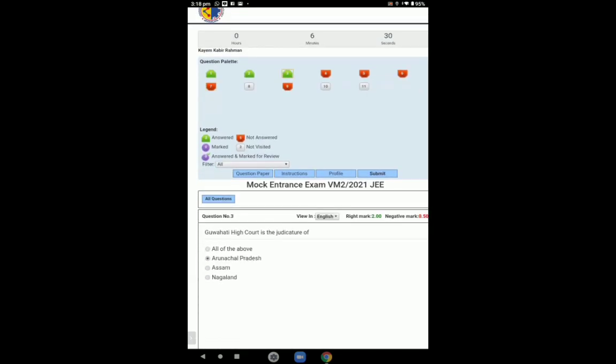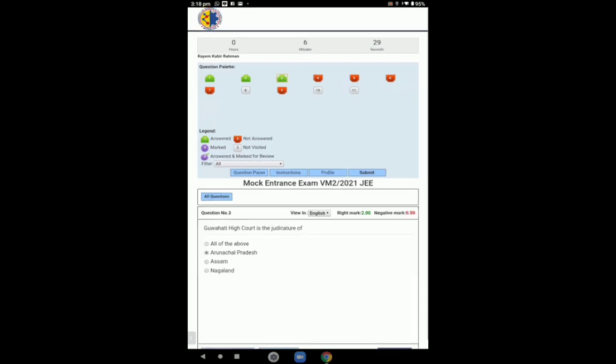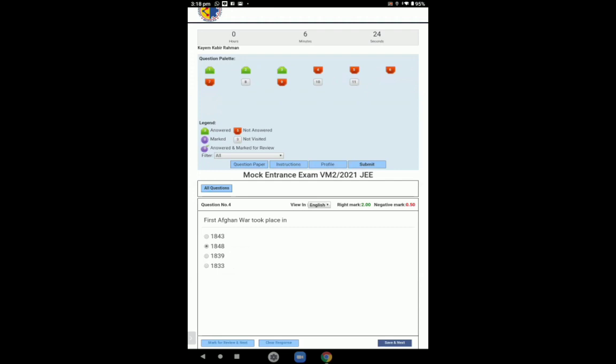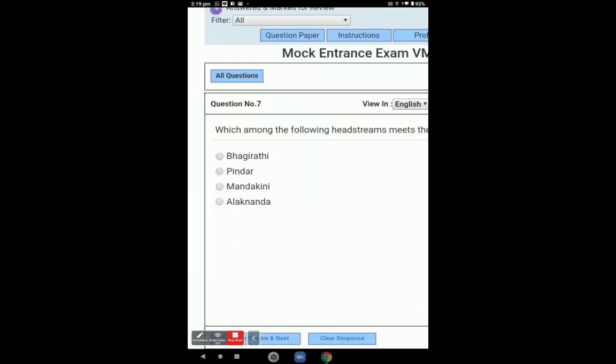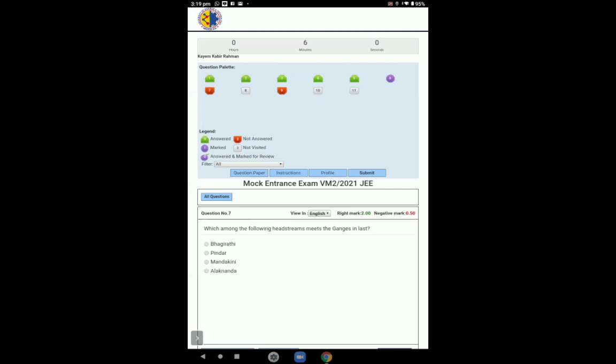So let us go to question number 4. Okay, I will select this all randomly so that I can move forward. Now question number 5, you just select your option and click on save and next. You can mark this for review if you find any kind of difficulties. So you can mark it for review. If you click on mark for review, then it will color purple again, as you can see in question number 6.